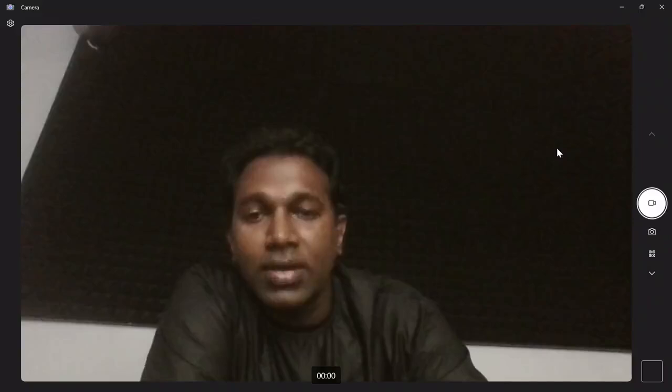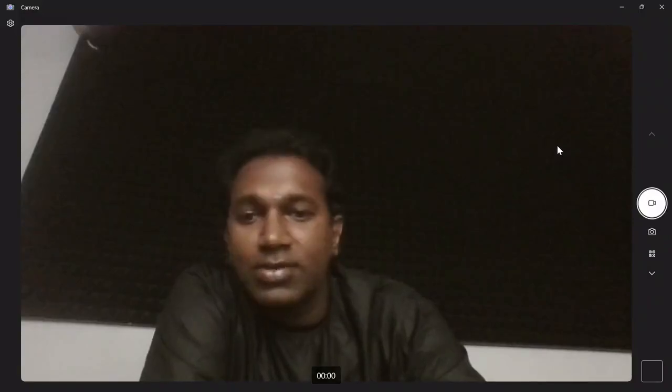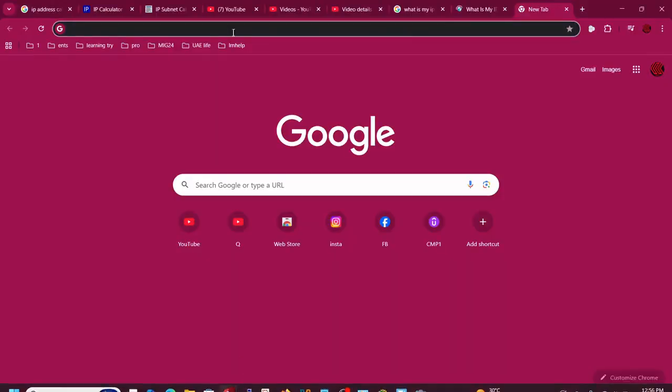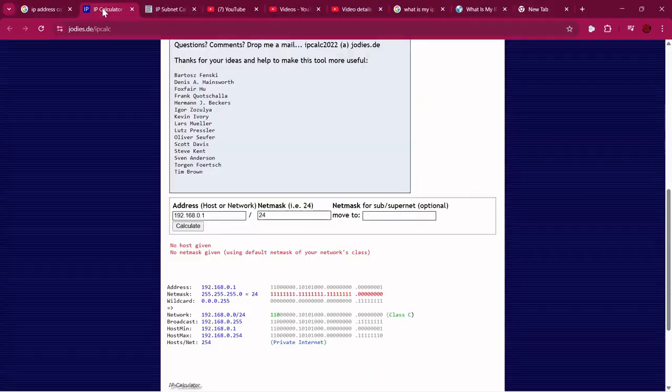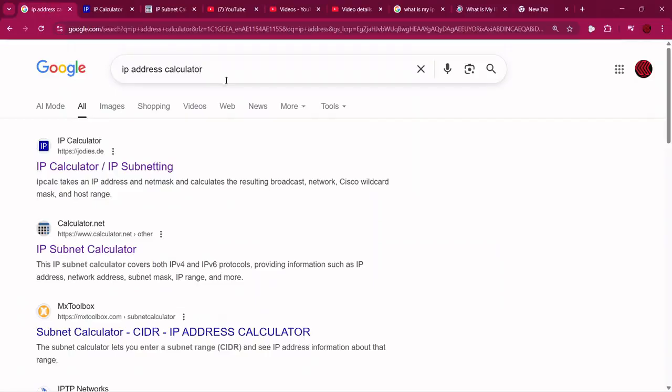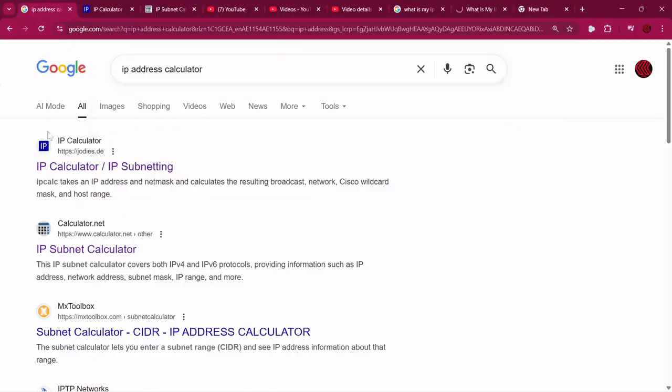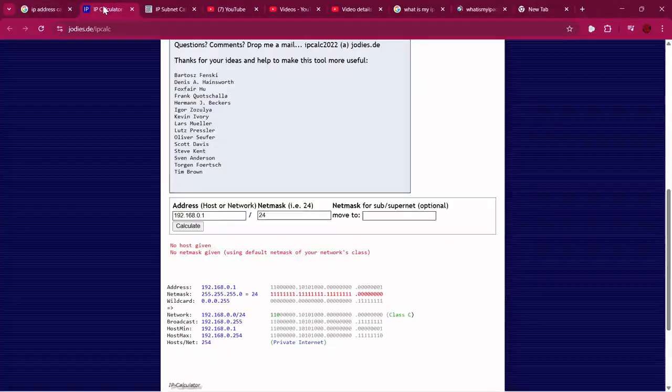But in an actual environment, when you work on it, you don't need to calculate. We don't go and calculate everything every time we work in a real environment. We just go to Google and we can find out certain things like this. Let's say you just type IP address calculator in Google, and you'll find certain links. I have opened the first two links. The first one is this one,